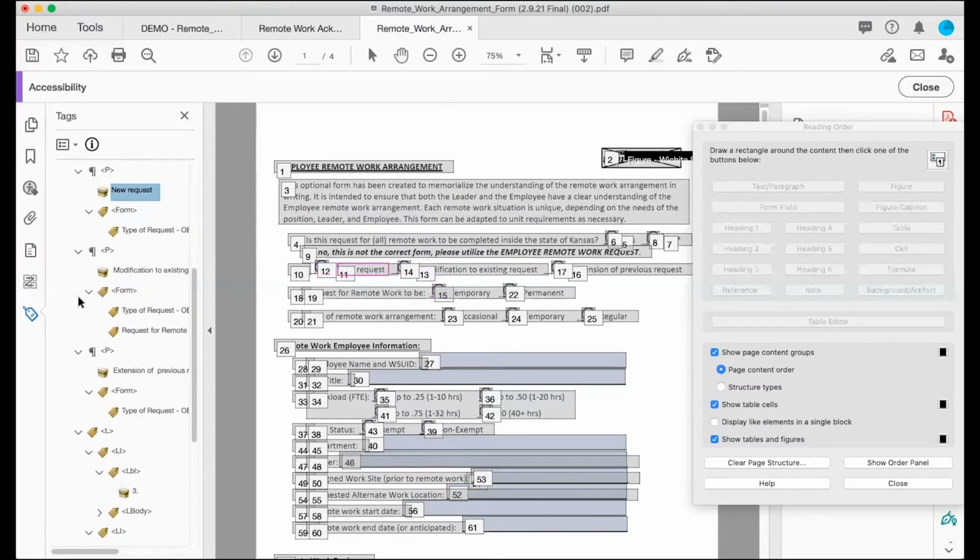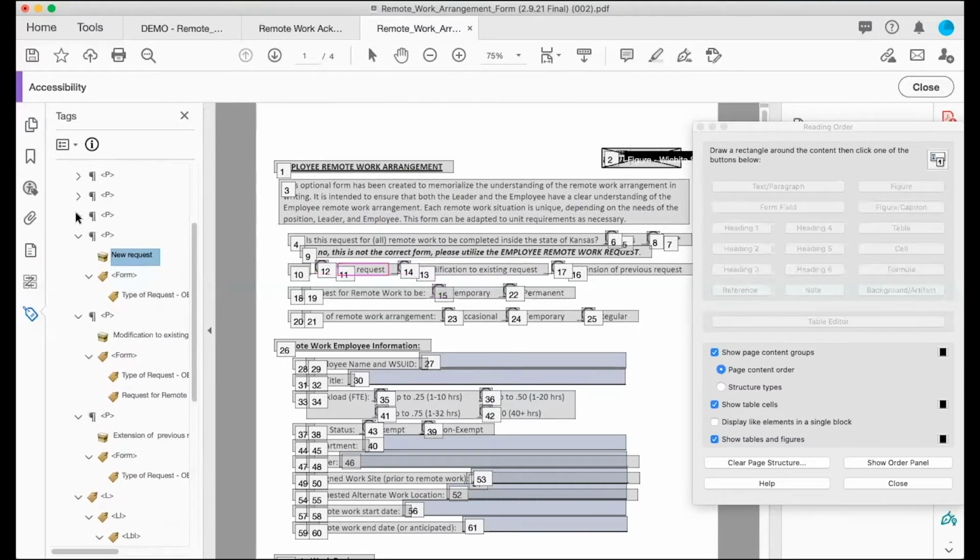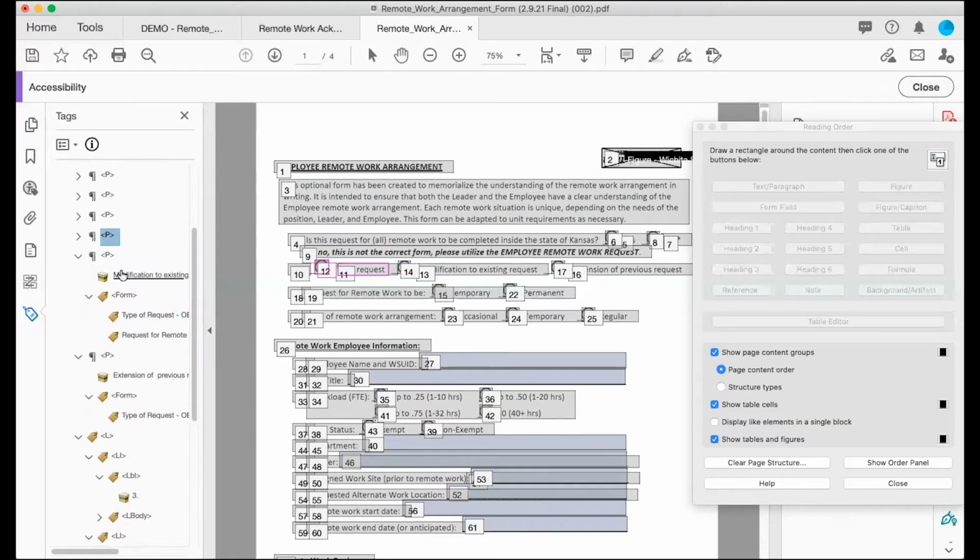form set up good. Let's close some of these tags up. We don't need the 2 open. We don't need new request is done. Modification to existing still needs to have that last one taken out. And that one's done. Okay. Let's close that up. And now we're going to move down to